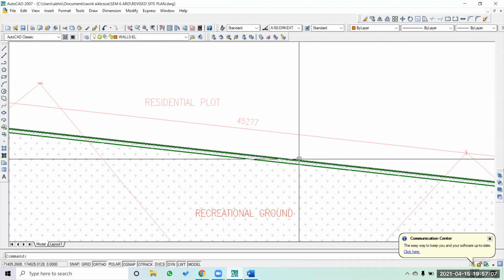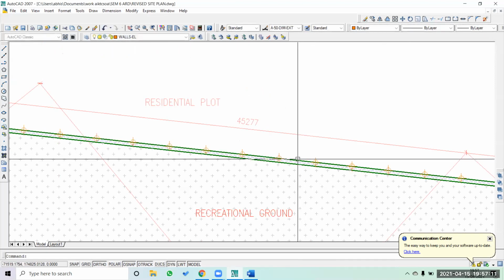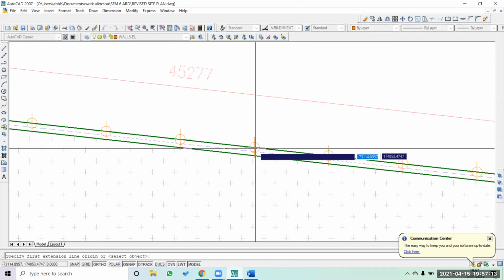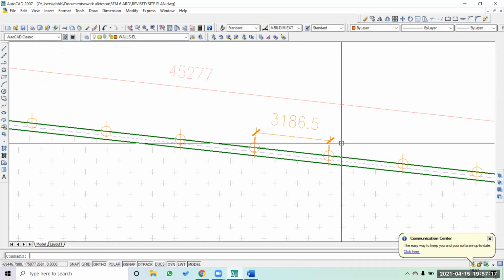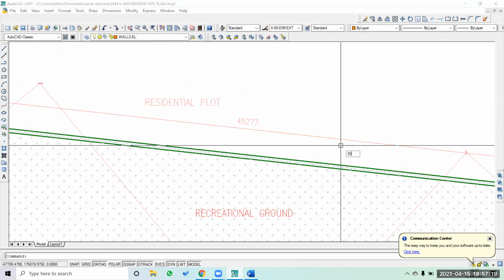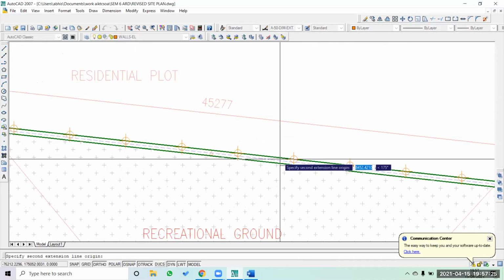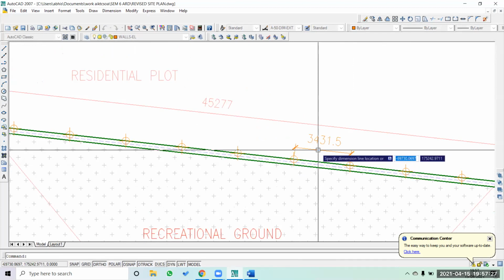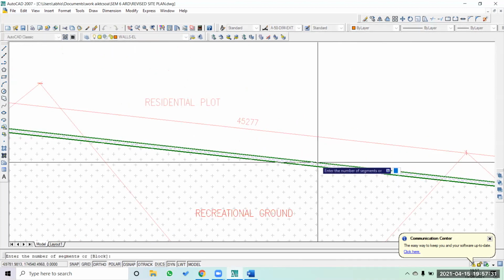Div, enter, line, then 14. Let's check the 3.4. I'll try 13 now. Just check what happens. So it's getting bigger.